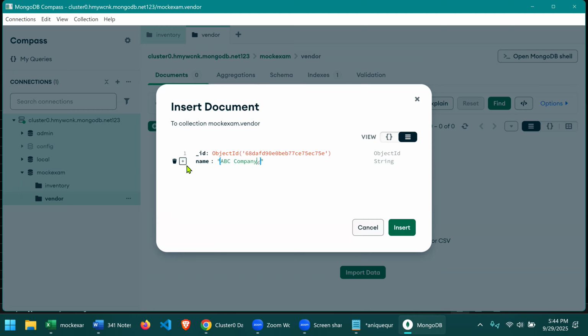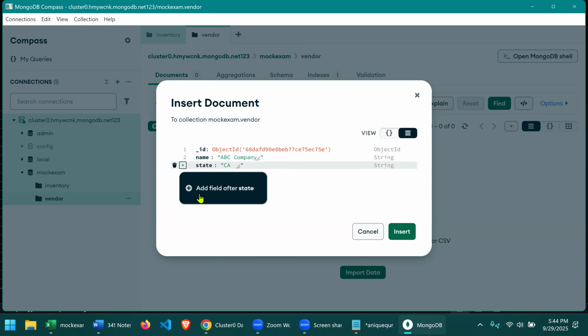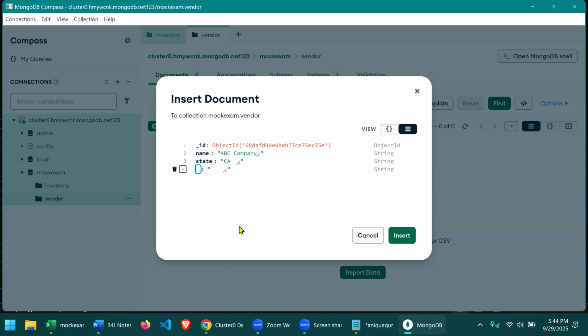Then I can add more stuff to it, like, again, their state, and the state happens to be California. I can add another item, zip, and I'm going to enter that